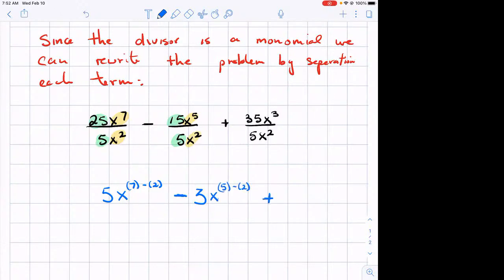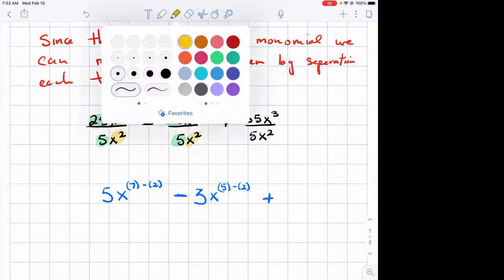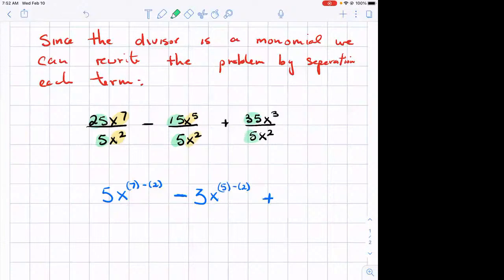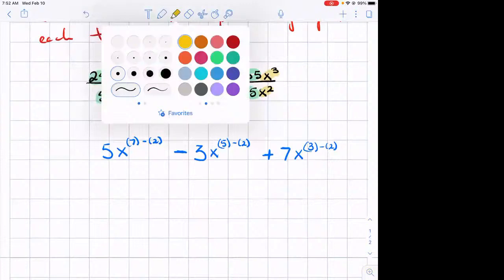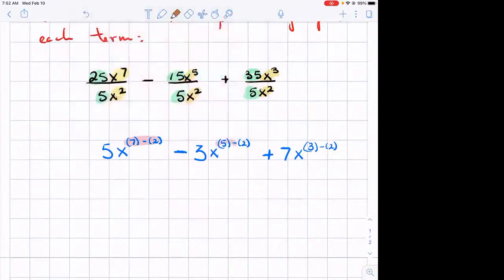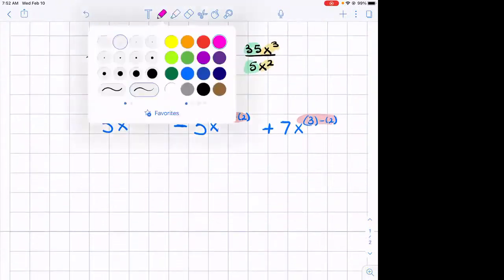And we have plus 35 divided by 5. So 35 divided by 5 is 7. And for your variable, the bases are the same. So that becomes x to the 3 power minus 2 power. Now simplifying these, by simplifying those, we now have